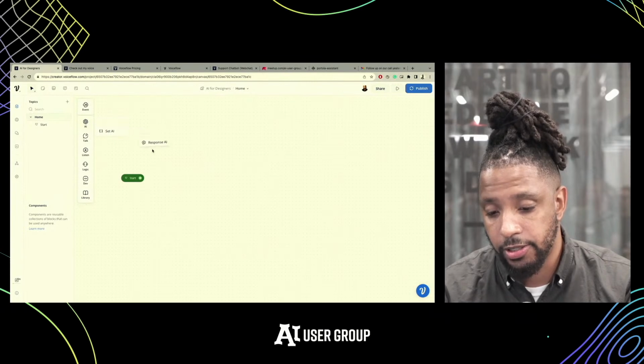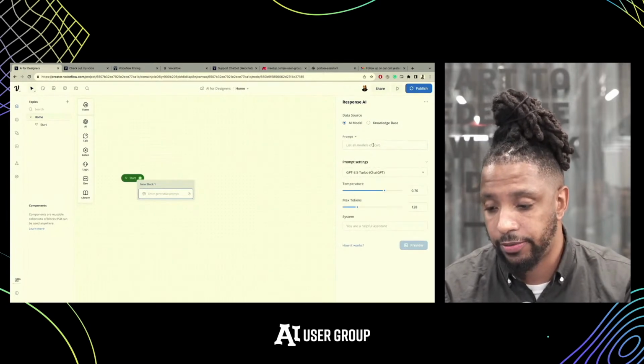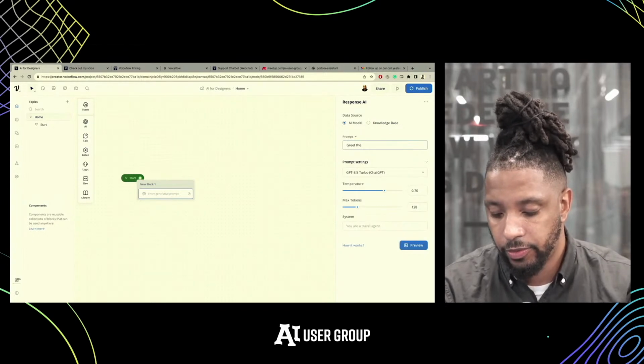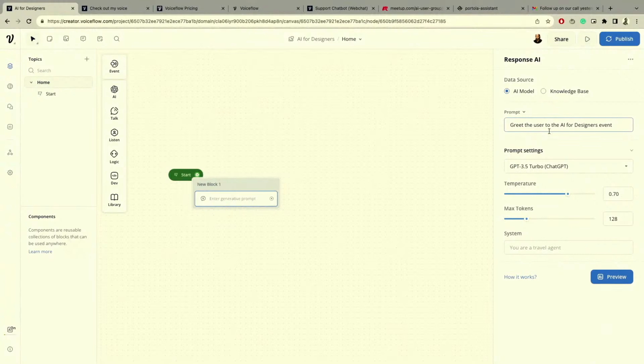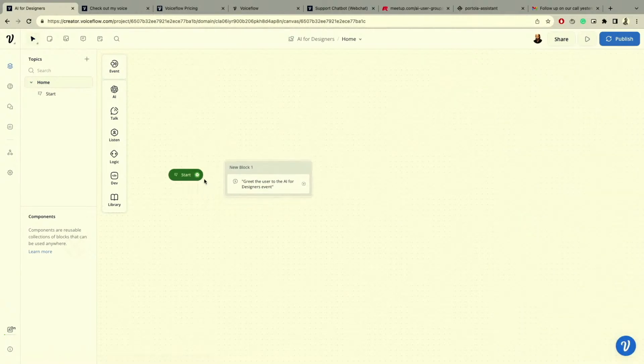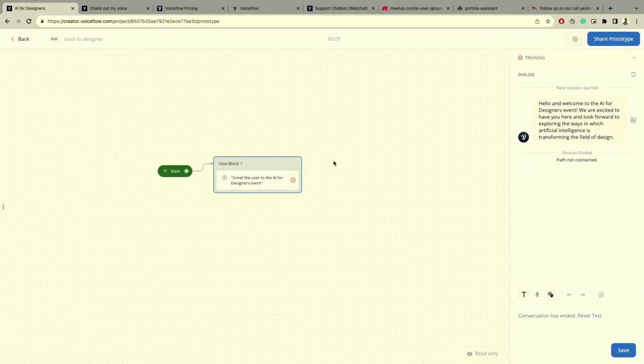So instead, we can use an AI response. And we can tell the bot to use ChatGPT 3.5, greet the users to the AI for designers event. And you can preview it, but let's just have the magic happen. So let's connect it and see what happens. Cool. So it says, hello, welcome to the AI for Designers event. We're excited to have you here and look forward to exploring ways in which artificial intelligence is transforming the field